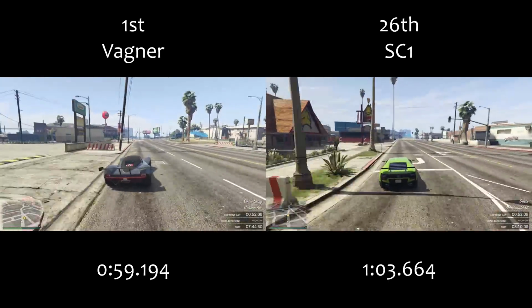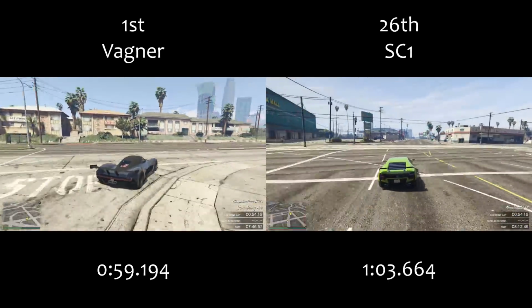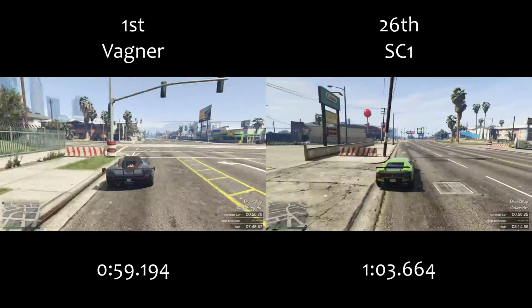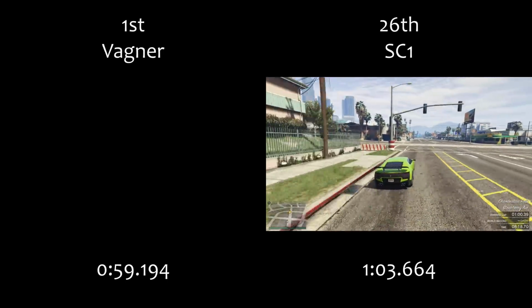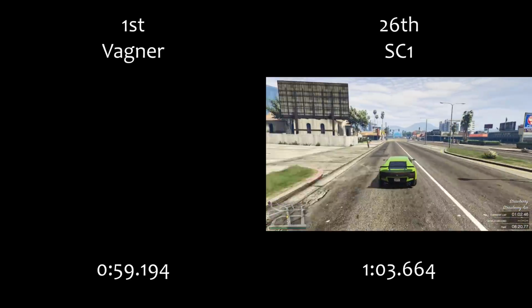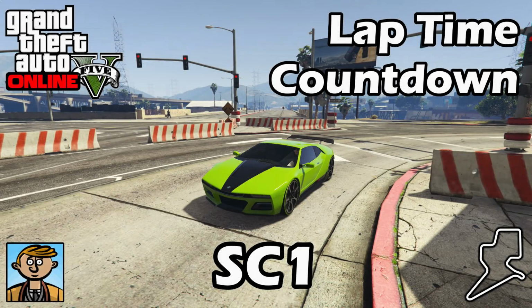I am aware that we haven't seen the Vigilante yet. Obviously the Vigilante is quicker than the SC1, so you could say that the SC1 would be in 27th place, but the reason that we haven't seen it yet is because you can't use the Vigilante in regular races anyway, so I'm not in such a huge rush to get it out there. I want to make sure I test it properly, using transform races and getting the actual vehicle in the game properly, and my plan is to include the Vigilante's lap time as a new lap time